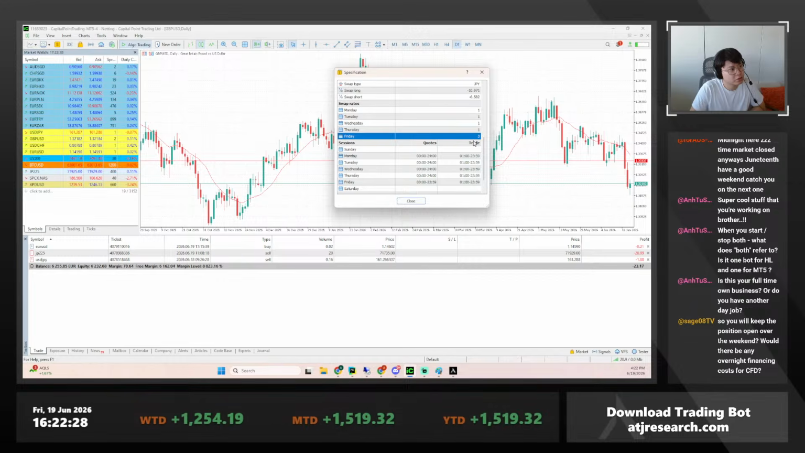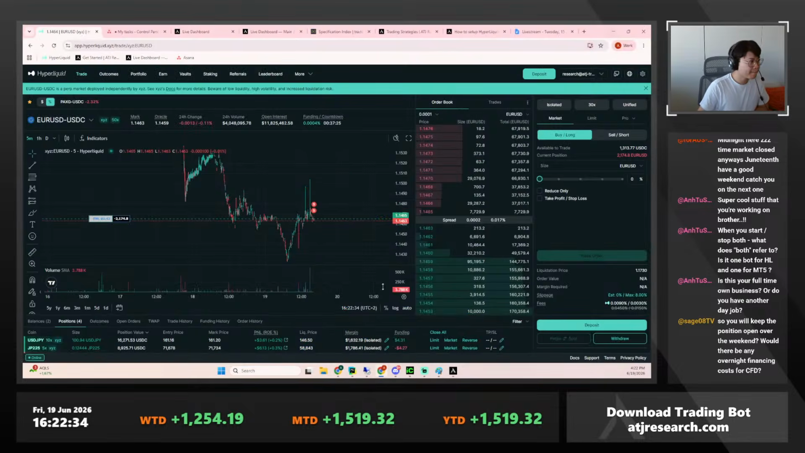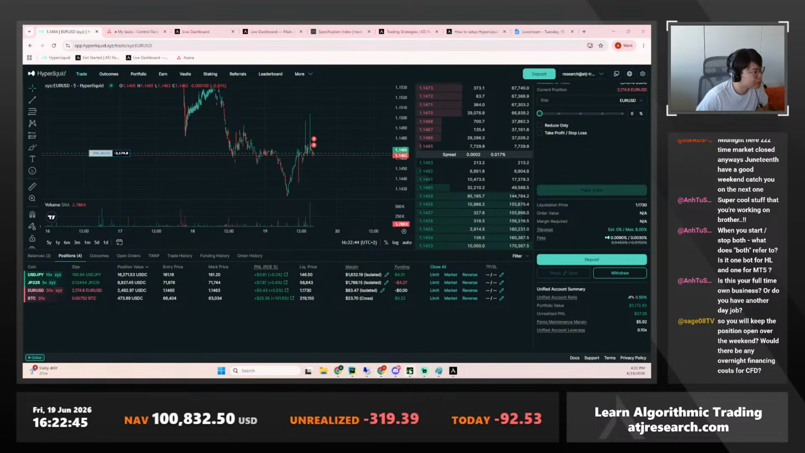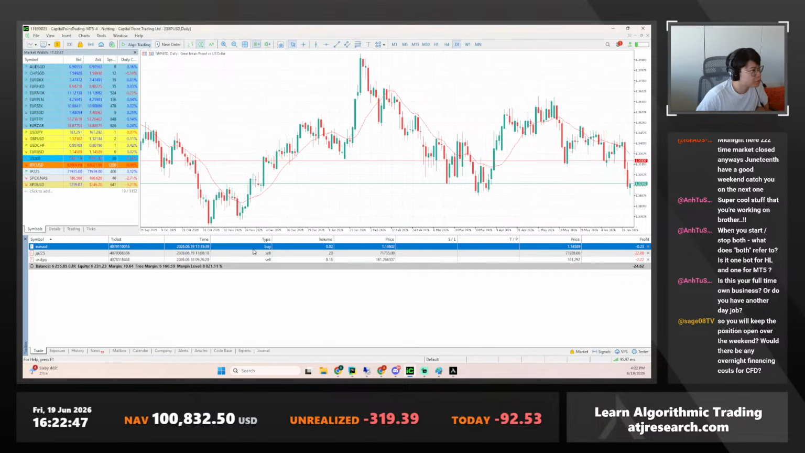Because it's Friday, you have to pay for Friday, Saturday, and Sunday, so you pay a triple amount on MT5, which might also be bad for me. Oh, guys, as you can see, I'm short 2,000 USD EURUSD, which means I should have a long position on EURUSD here, right? So now you can see that this works, and